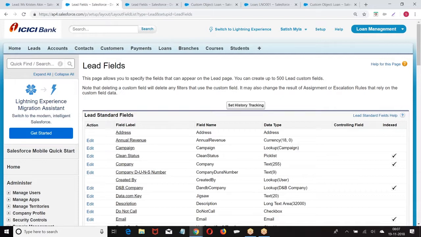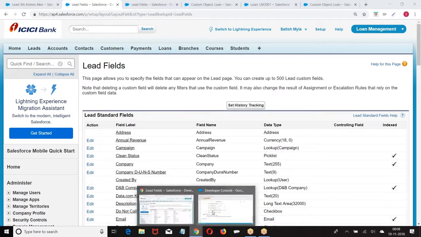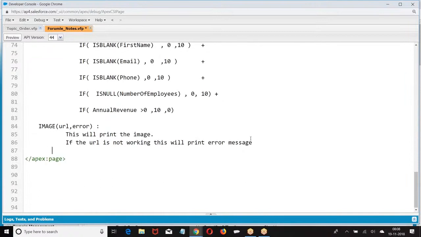If I go with a program, I need to write test classes, test the code, and deploy it. So this is one of the issues. What was the issue here? Too lengthy formula. This is a limit for the formula size. It depends upon the length of your expression, the number of characters you are writing. I hope you got my point. This is one of the issues we encountered while working with formulas. Did you follow my issue?